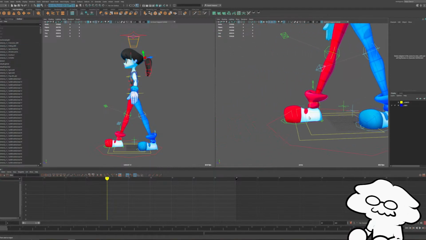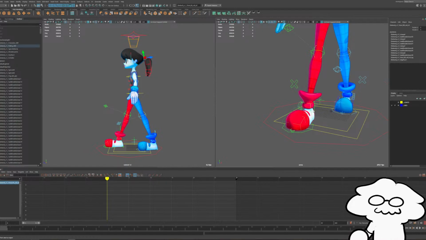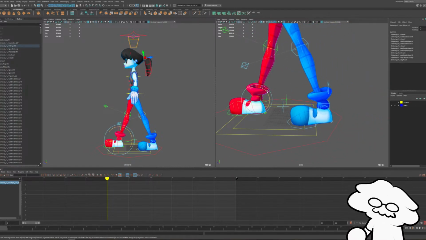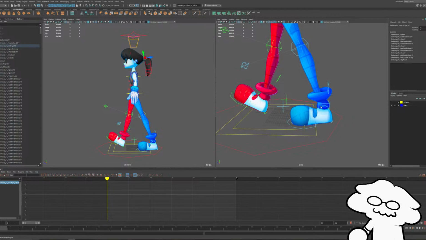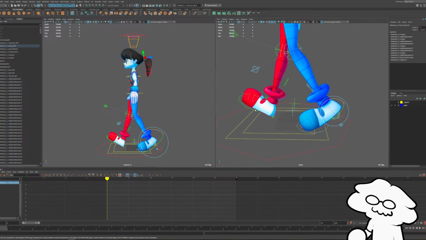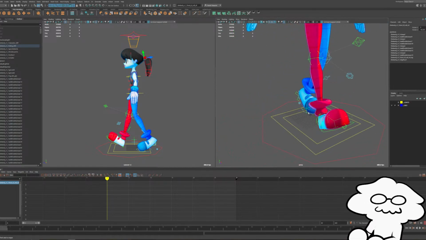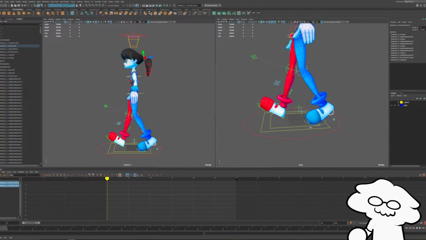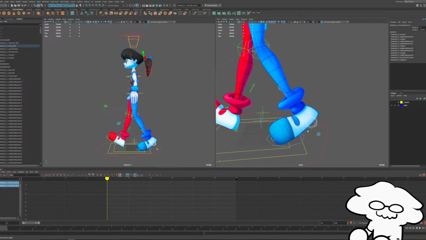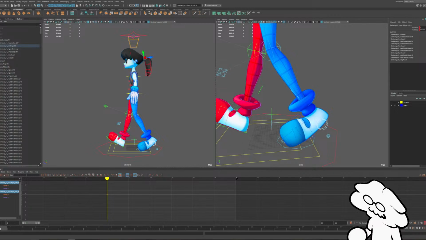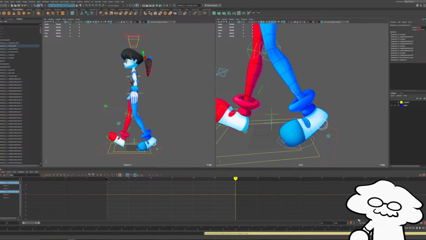So we'll do the same thing at frame 0. And frame 0 for this one as well. We might separate the legs a bit more for this, but we'll rotate each of the foot roll controls like that, and then we'll key the same on frame 30.